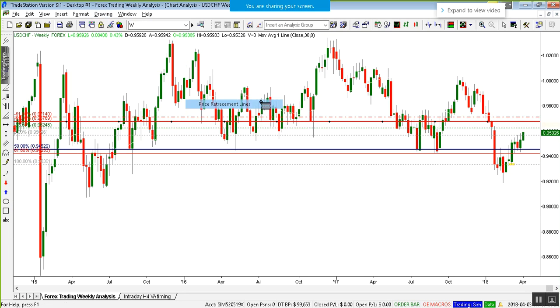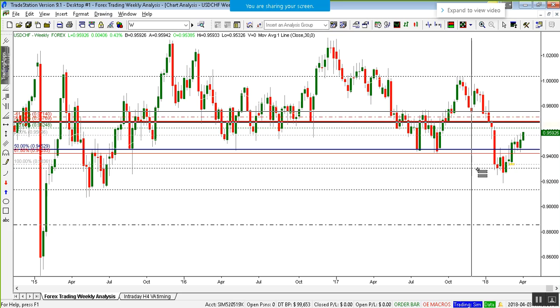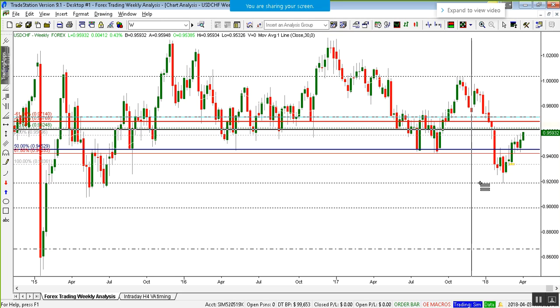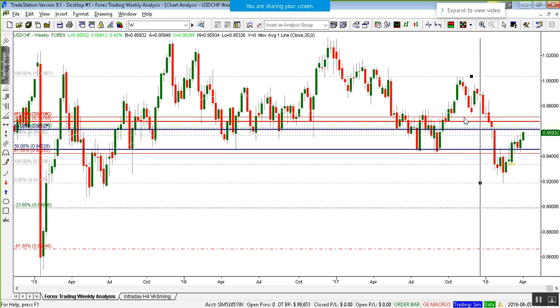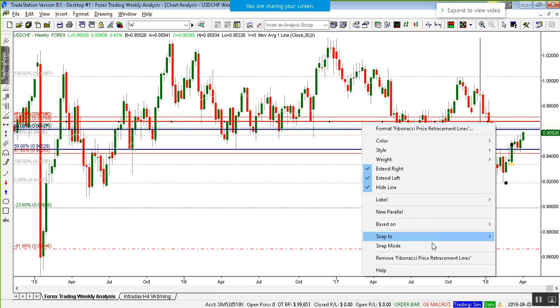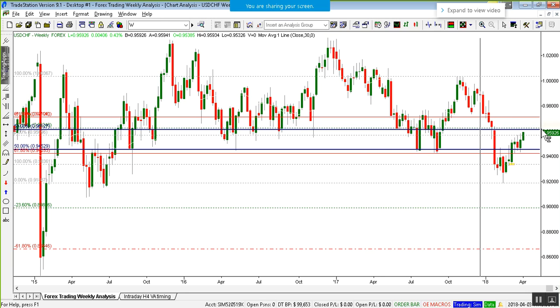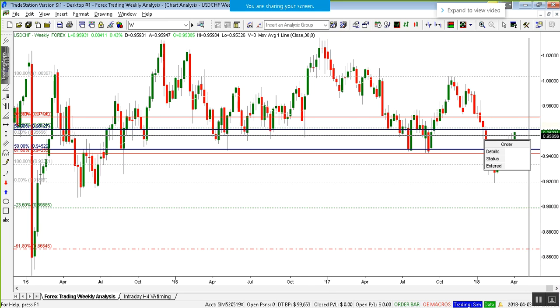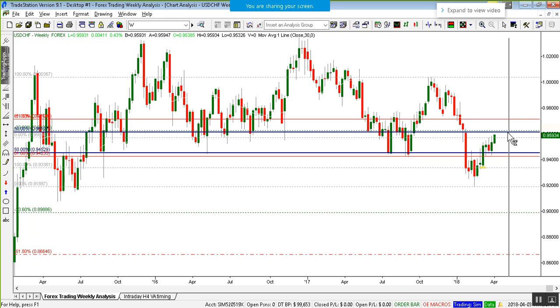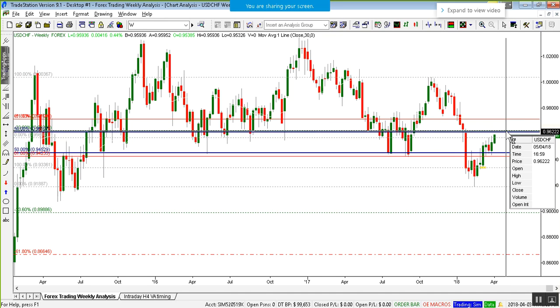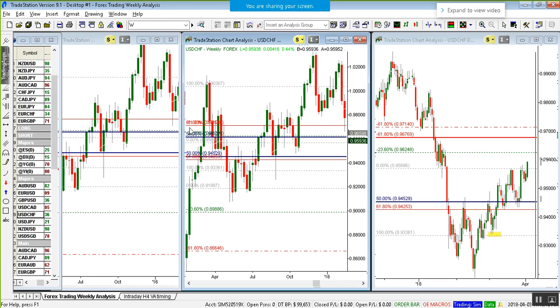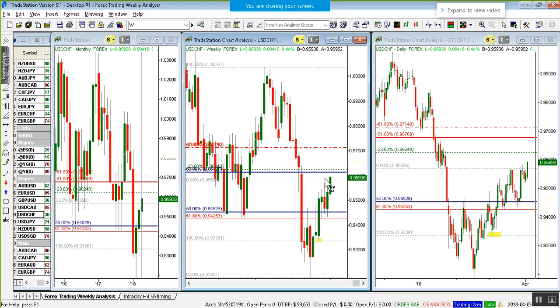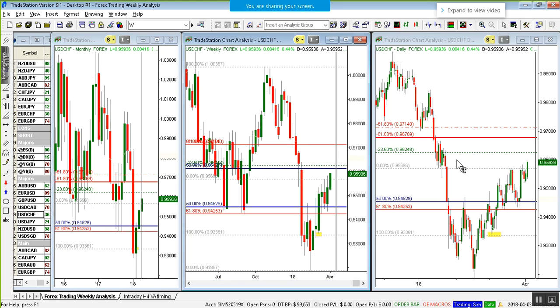of course there is the opposing 50% here that lines up with that second target, and the second target of this move here, and that is also very close, 96.12 here, so that would be a very good profit target for this long as well. Okay, so market moving into 96.24.